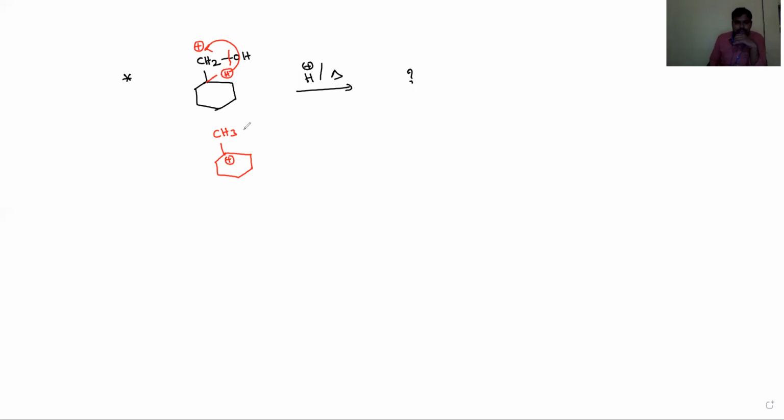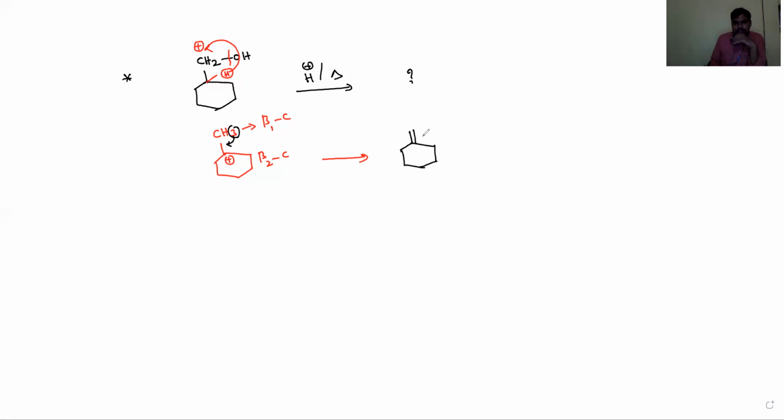How many types of beta carbons are present? This is beta 1 carbon, and these two are the same kind of beta carbons, beta 2 carbons, and this is beta 1. Then you remove a hydrogen atom at any one of the beta carbons at the end, then we will get